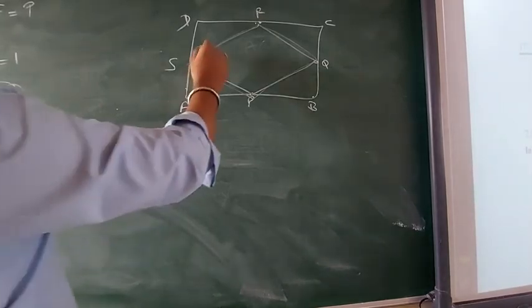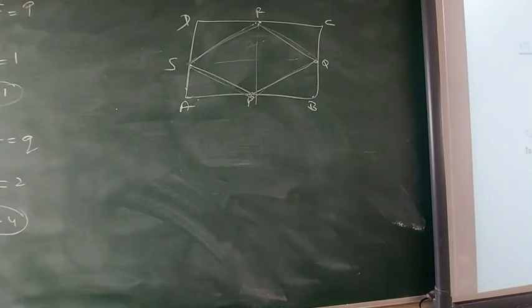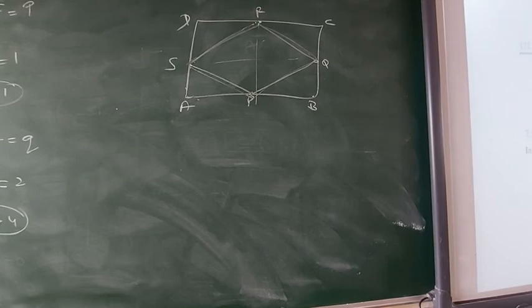I know the answer, that's why. It will come equal. Then find the diagonals also. If the diagonals come equal, then it is a square. And if the diagonals do not come equal, then it will be a rhombus. So check this one question. This will be the last question and the homework question.